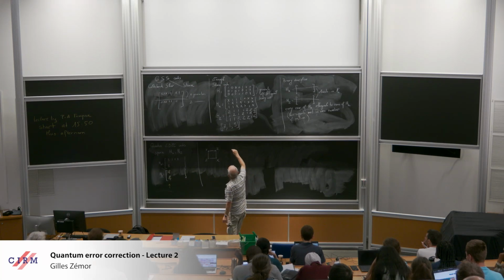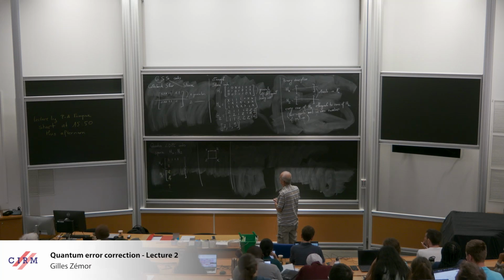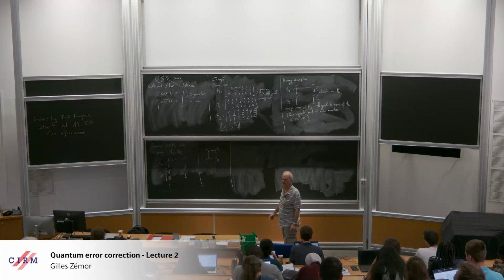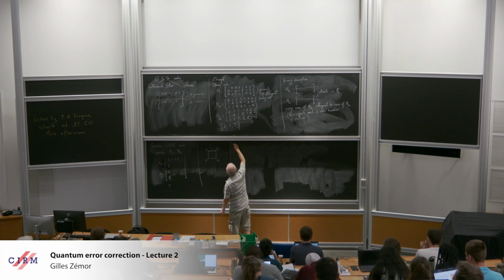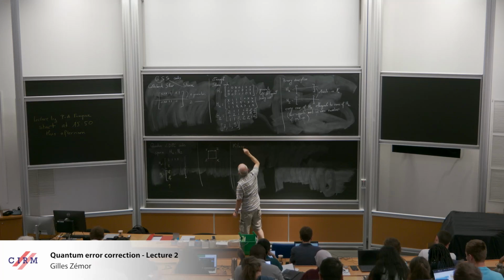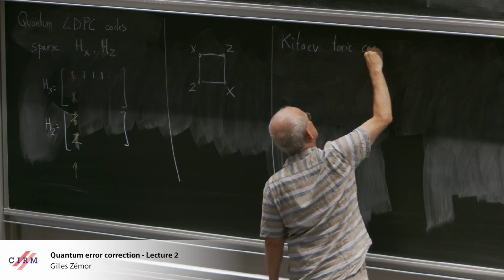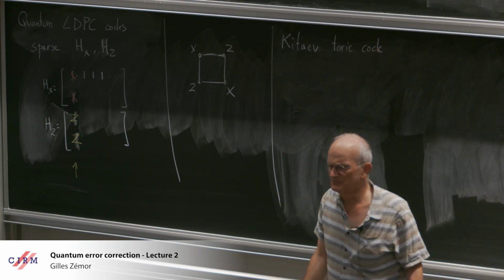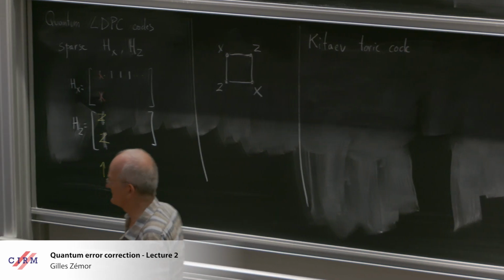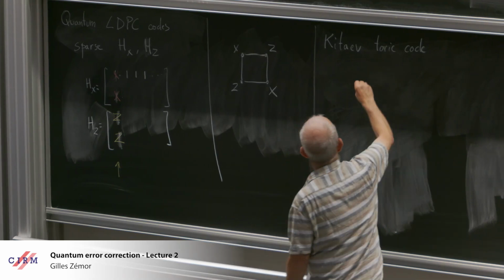I will not say that much more about this point of view for lack of time, but this has led to powerful ways of looking at things and devising quantum codes. So the mother of all quantum LDPC codes is Kitaev's toric code that you've already been exposed to, I think, in different contexts, so let me define it again from a coding